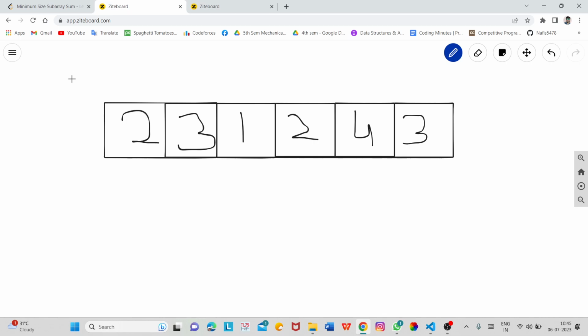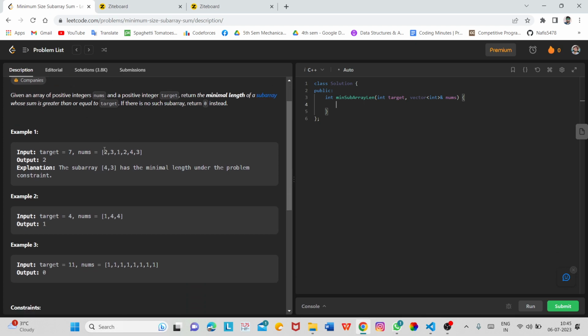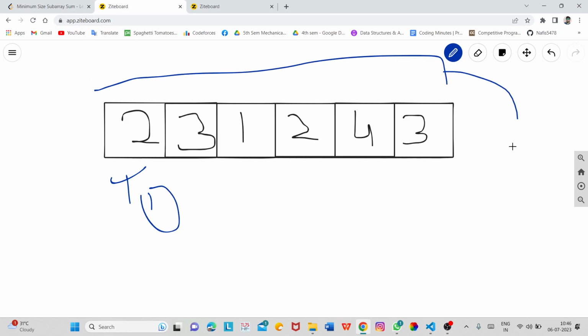So basically in binary search, the size of the window for these nums can be from 1 to the size of this array. Okay, so the length of the subarray can be from 1 to 6 in this case. The size of the subarray can be 1, or the maximum value is going to be 6.